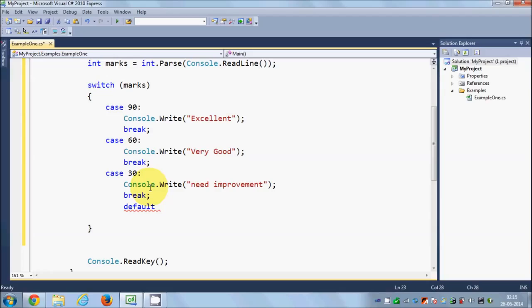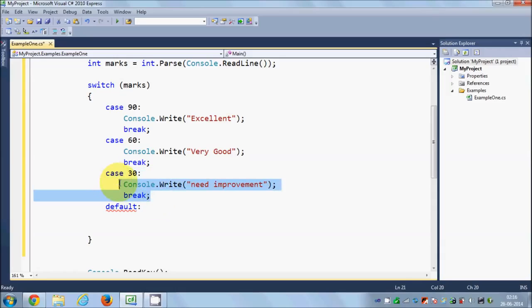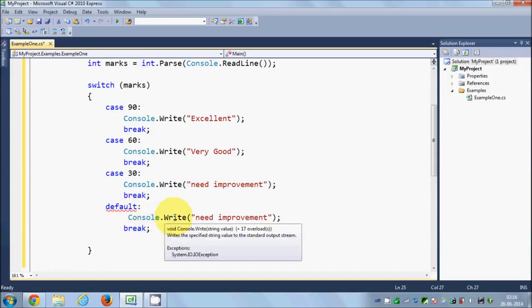And what this default does is, it catches all the values which are not in these conditions, which are not provided in these cases. Okay, so this is the default case for us, and in the default case I will just copy this, paste it here, and I will say